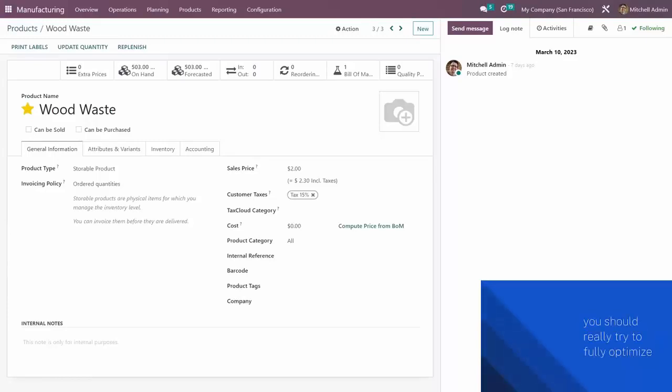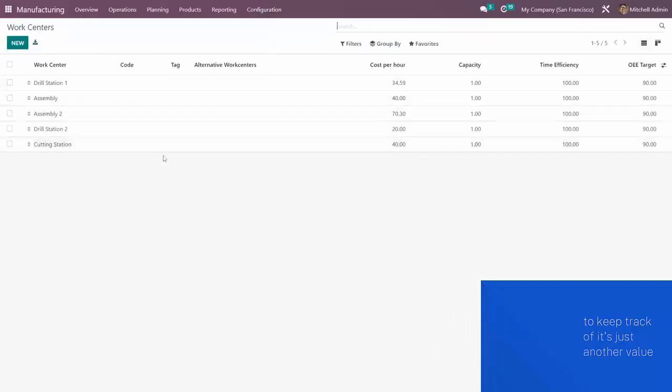Now once we're done there, we also want to confirm that work center costs have been configured, as this is another thing that you want to keep track of. It's just another value that gets taken into account for the cost analysis. To do so, it's over here in configuration and work centers. Now as you can see here, the cost per hour in this case for both work centers is set at $40. Now this is the set amount it costs to operate the work